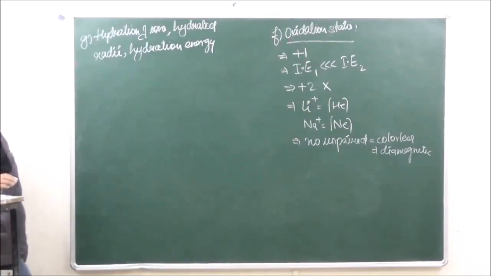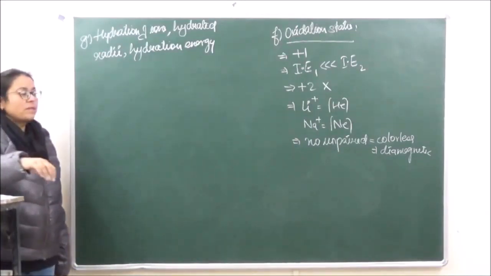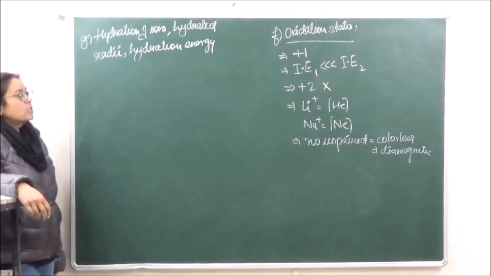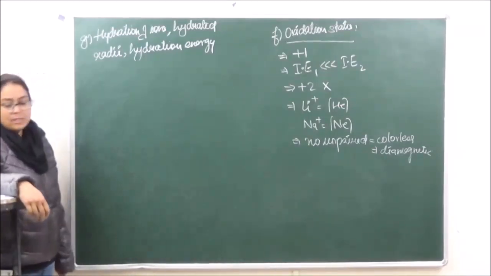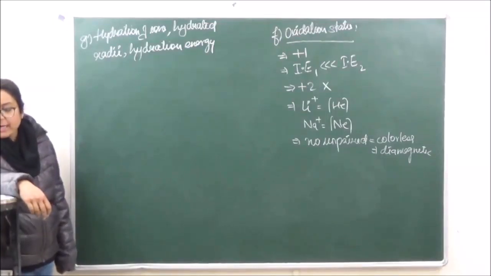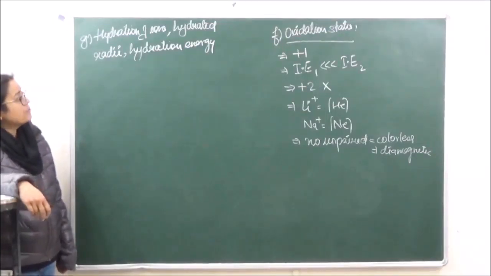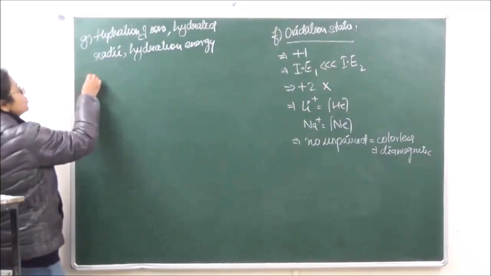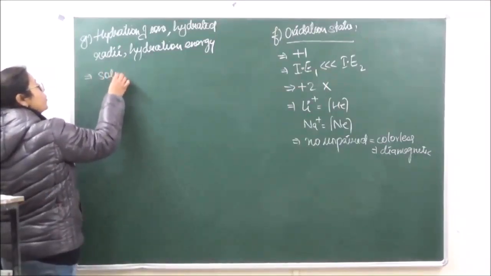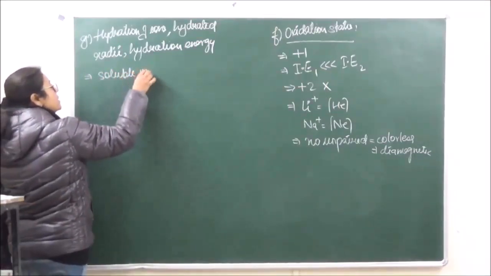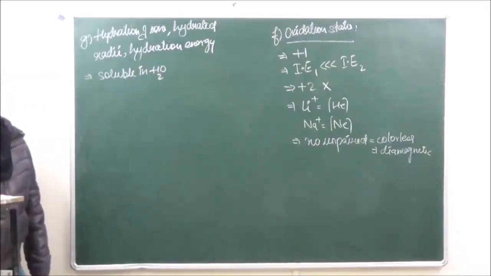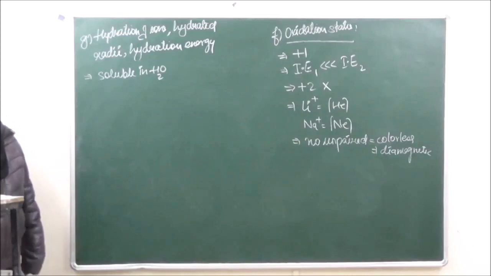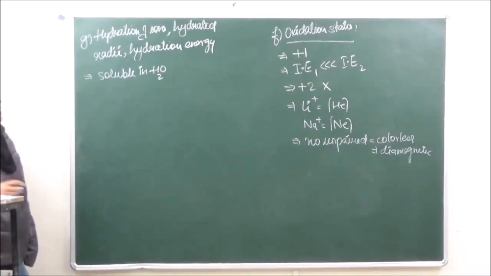Now we already know that the salts of alkali metals, all of them, are going to be ionic in nature because they have a tendency to lose one electron because of their low ionization energy values. Obviously, if they are all ionic, it is understood that all are going to be soluble in water because of their ionic character, right? So why are they soluble in water?